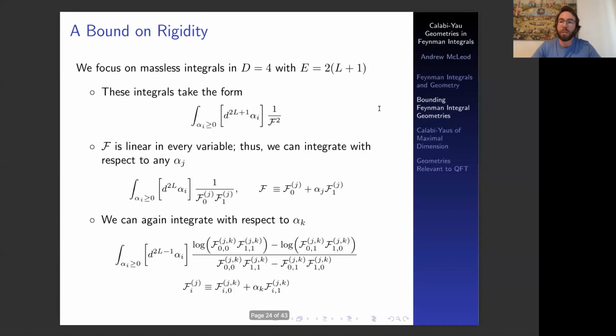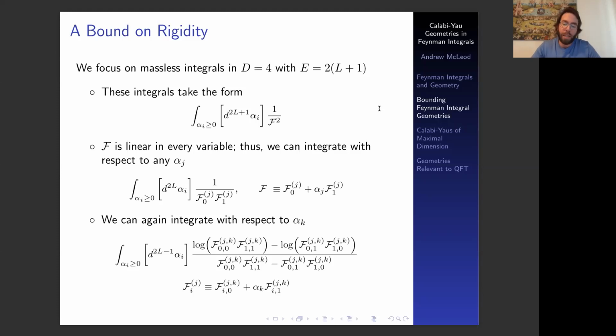And this means we can just directly integrate twice. So first we integrate with respect to alpha j, and then we integrate with respect to alpha k by just pulling off the coefficients of these Feynman parameters. And this gives rise to now an integral over a logarithm. And notice that in the denominator, we've not yet introduced an algebraic root of any kind. This is still just a polynomial. And since the original F polynomial was linear in every Feynman parameter, these factors at the bottom are still linear in every Feynman